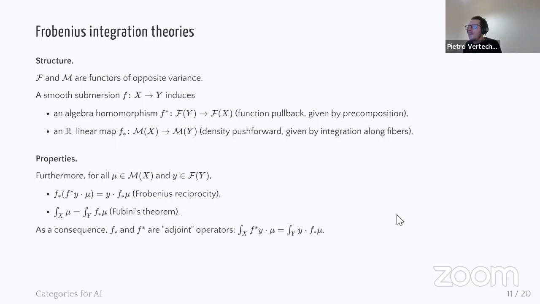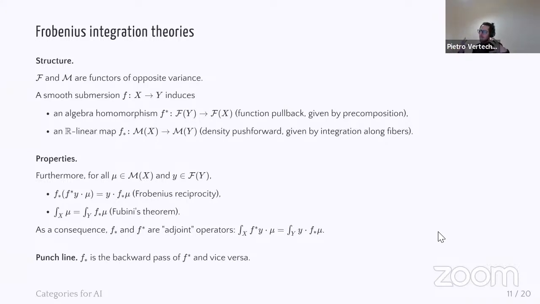And if one combines these two formulas, you can prove that these operators are in some sense adjoints, in that the integral on X of F upper star Y times mu is the same as the integral on Y of Y times F lower star mu. I mean, the term adjoint is not quite accurate from the point of view of linear algebra, but it's accurate from the point of view of deep learning,